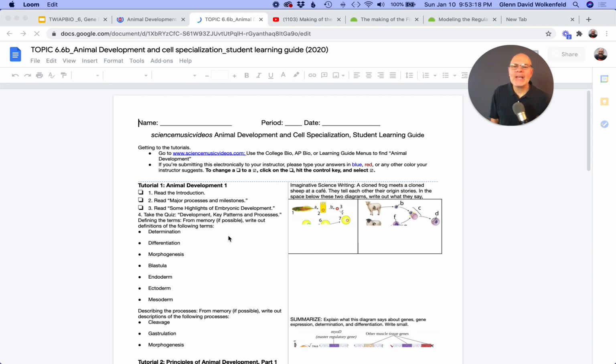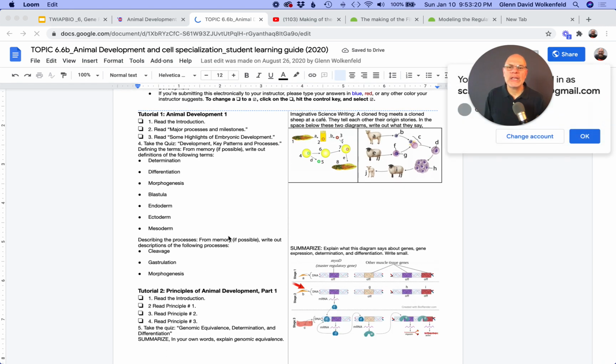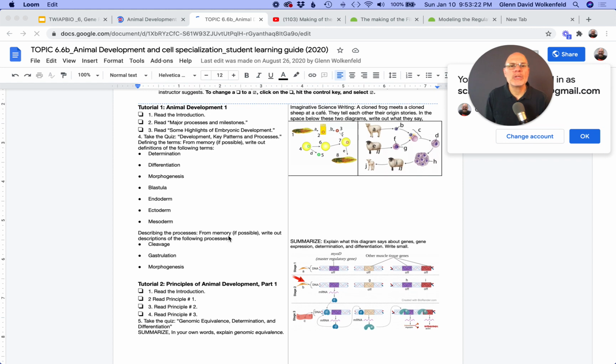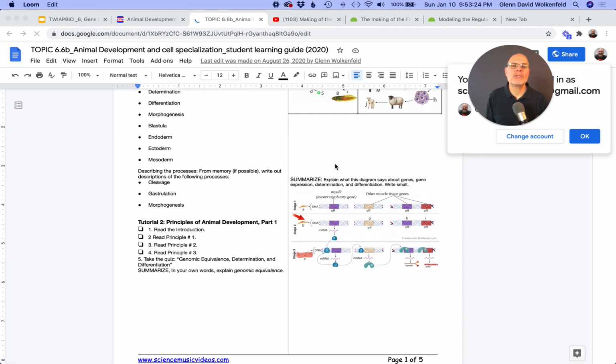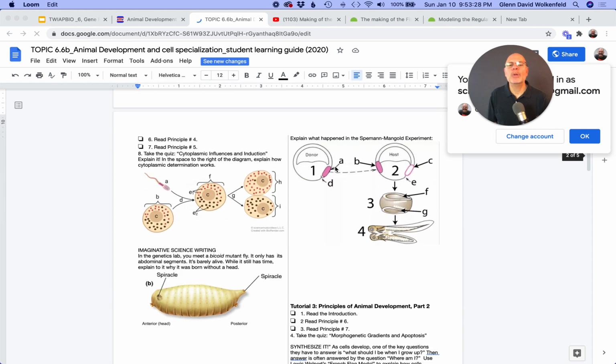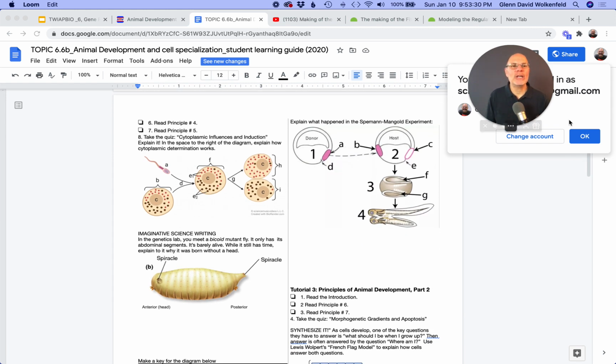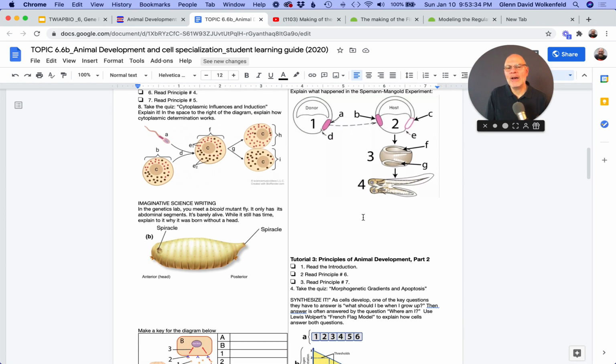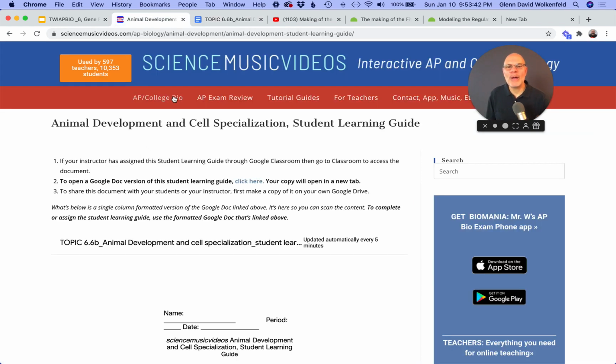And as students read, they'll be taking notes, they'll be defining terms, they'll be explaining the diagrams, they'll be summarizing. You won't believe the amount of learning that your students are going to wind up doing on account of the completion of the student learning guide and the completion of the tutorial on sciencemusicvideos.com. So that has taken you through the website, and let me take you back here